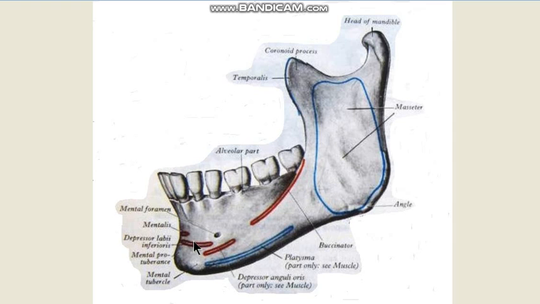And on the body of the mandible, near about the center, you have the attachment of the mentalis muscle and fibers of the orbicularis oris. And apart from that, over the oblique line, more towards the center, you have the depressor labii inferioris muscle, and slightly posterior to it, you have the depressor anguli oris muscle. So these muscles are actually attached along this oblique line, and when you follow this oblique line to the sides of the three molar teeth, you have the attachment of the buccinator